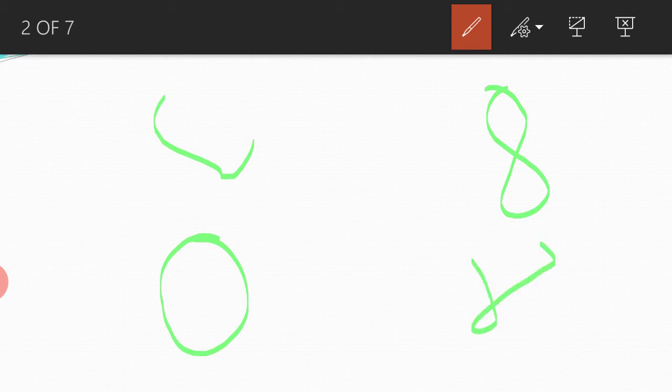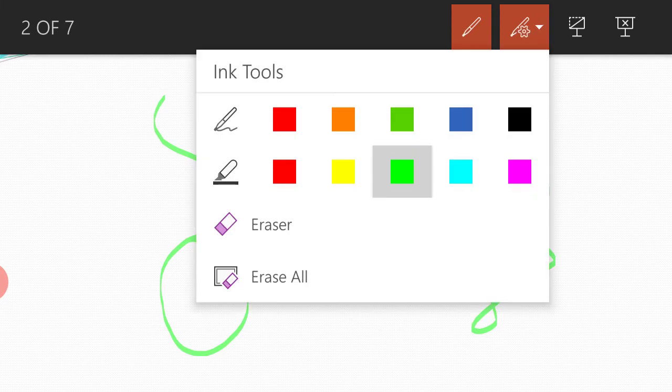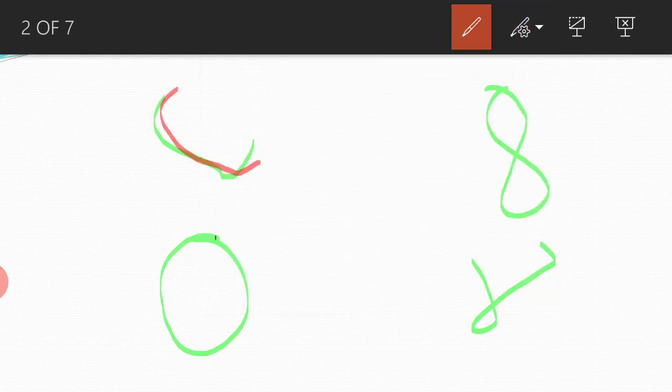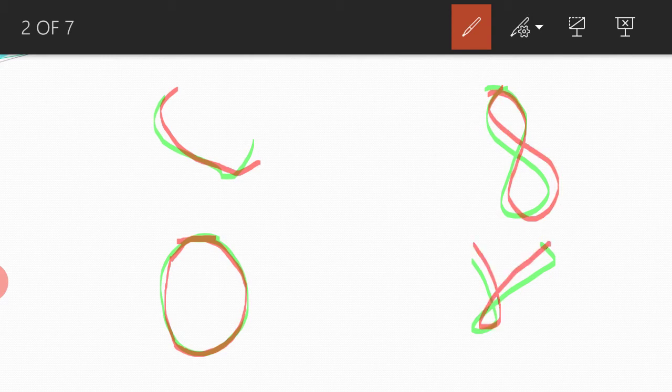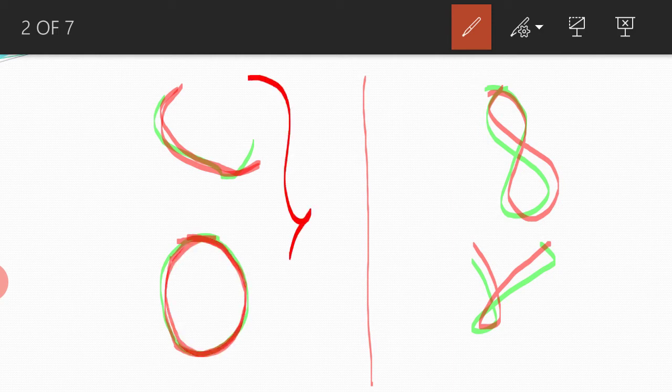Now look at these particular figures. I'll again trace these figures now. Now see, it is open curve, it is closed curve, closed curve. We say open curve. Now again I can say that the curves on the left hand side are different than the curves on the right hand side. Why? So these curves are simple, their boundaries are not crossing each other, so these curves we call it as simple curves. Whereas these curves are not simple because the boundaries are crossing.